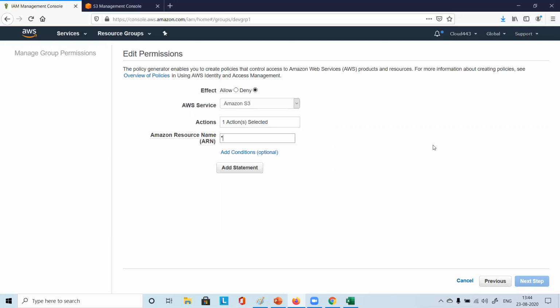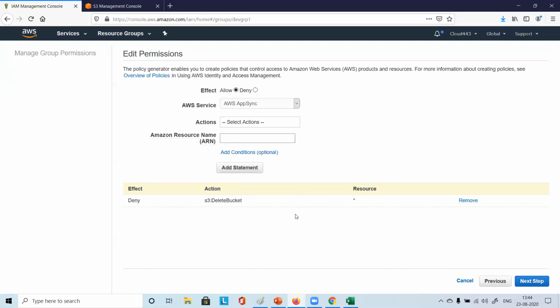Any means asterisk, so we give asterisk and then we say add statement. So it says deny S3, action delete bucket, and resource any. We have added this policy.